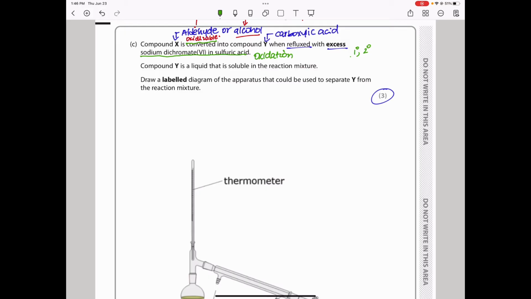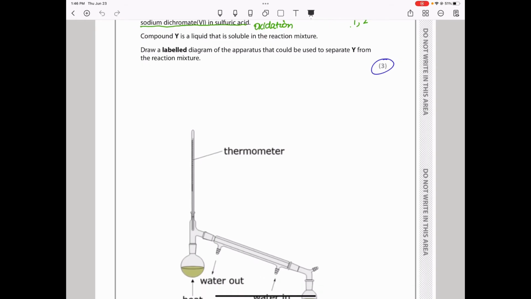So remember, they've told us why. They say Y is a liquid that is soluble in the reaction mixture, meaning it can form intermolecular hydrogen bonds in a solution, an aqueous solution, so basically with water. They ask you, draw a labelled diagram of the apparatus that could be used to separate Y from the reaction mixture. Since we are trying to separate Y from the reaction mixture, we need to do a distillation, and therefore